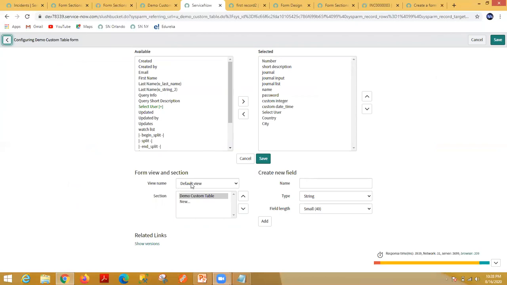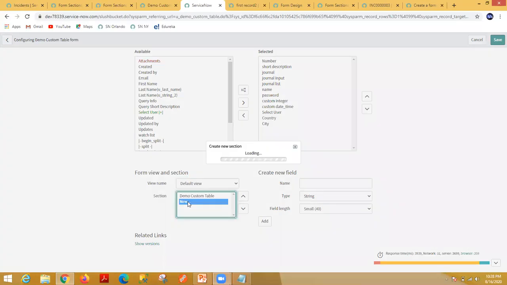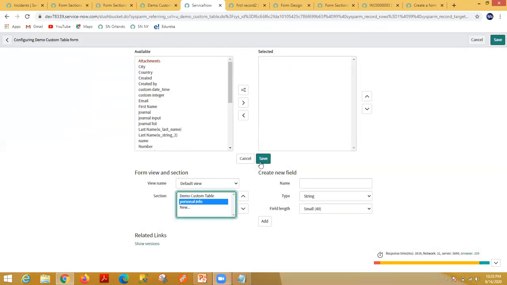If you see here, one section is available in the default view, and if you select the end user view, you can create view specific sections. So under the default view, if you want to create a section here, let's call it personal info. Click on OK. So inside the default view, I am creating this personal info.